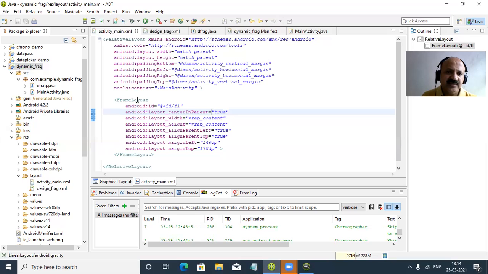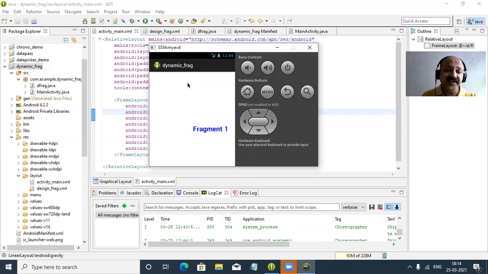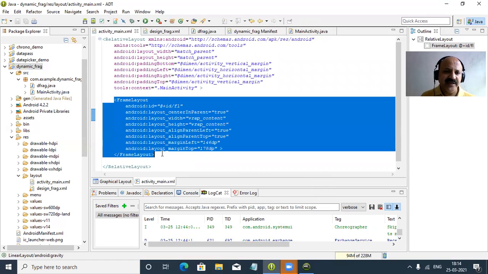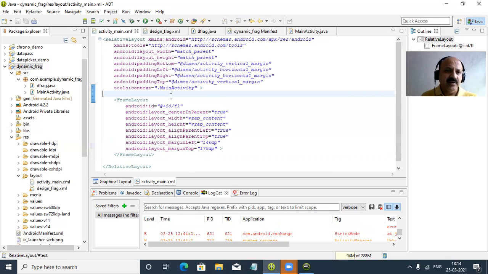So you can take another layout. Yes, that I will not do because you have to do it yourself. We cannot consume our time in this session. My goal is how to attach. That is very important. So dynamically we can attach at runtime. After that you can take anyone; here I took frame layout. You can take linear layout, yes, and then grid, table. So there are five or six layouts, absolute also. So relative layout, linear layout, frame layout, table layout, and grid layout. You can use any one.